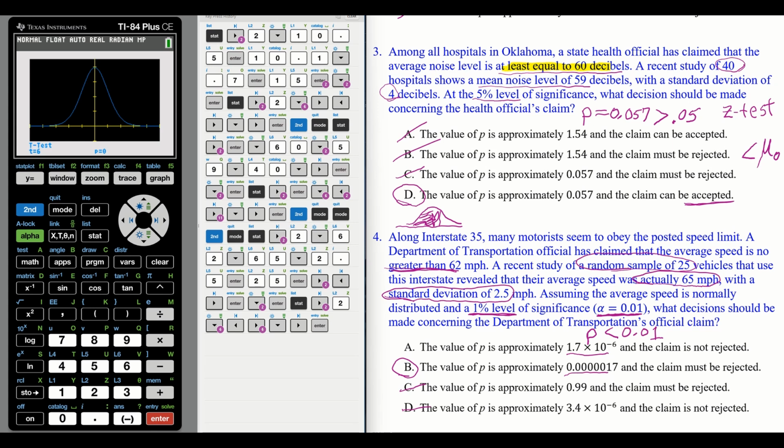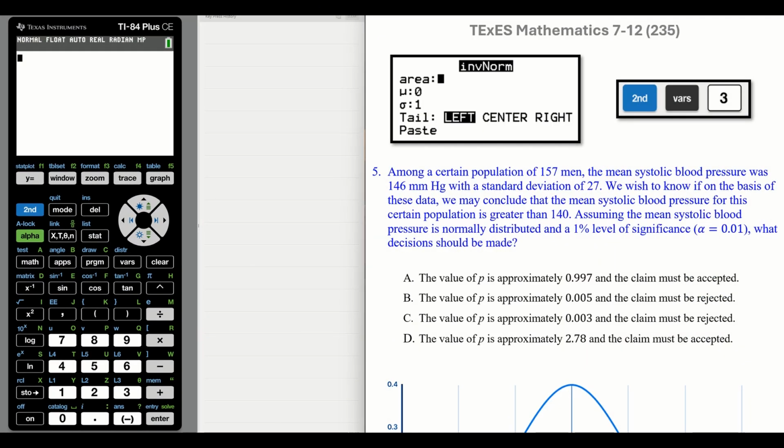You actually need to know the difference between these tests. Okay, hopefully if you're asked that question, it's a large enough number that you can just go draw it and figure it out. Okay, let's move on. Now we're going to introduce the inverse norm on our TI 84. Okay. Number 5, among a certain population of 157 men, the mean systolic blood pressure was